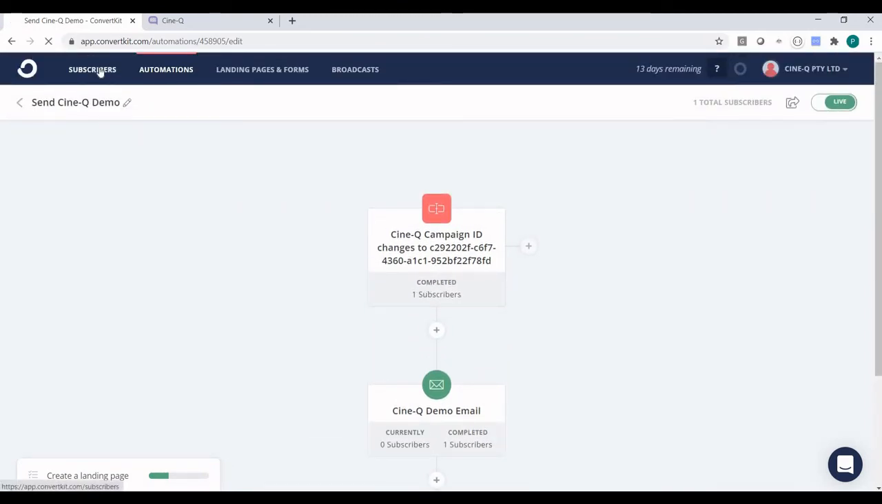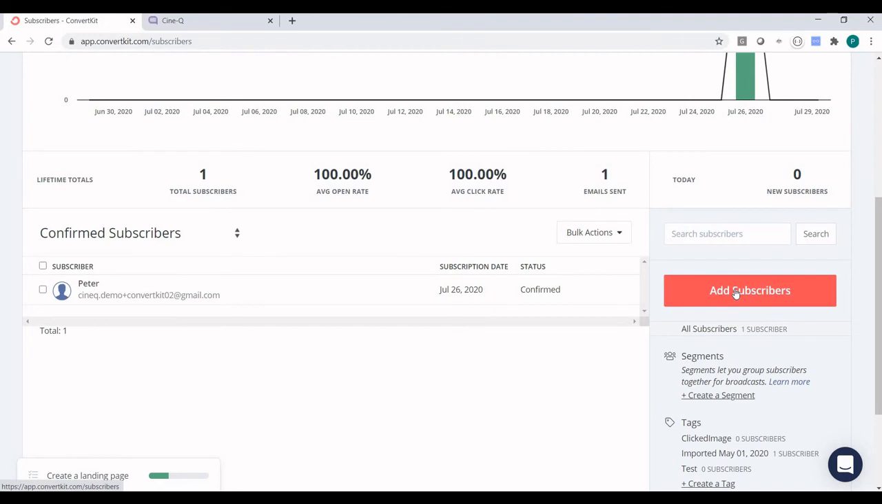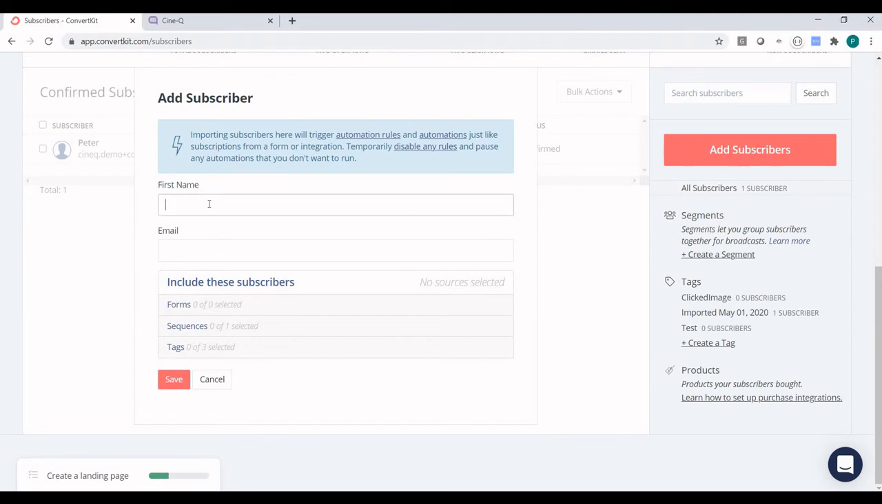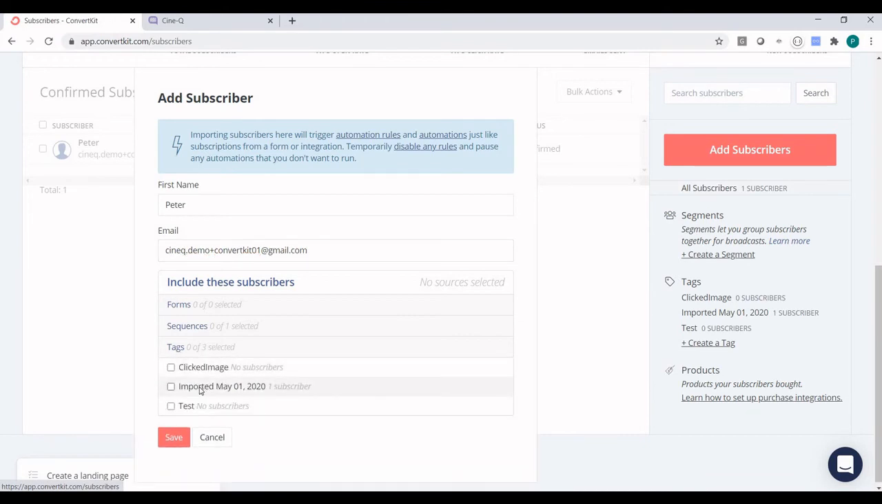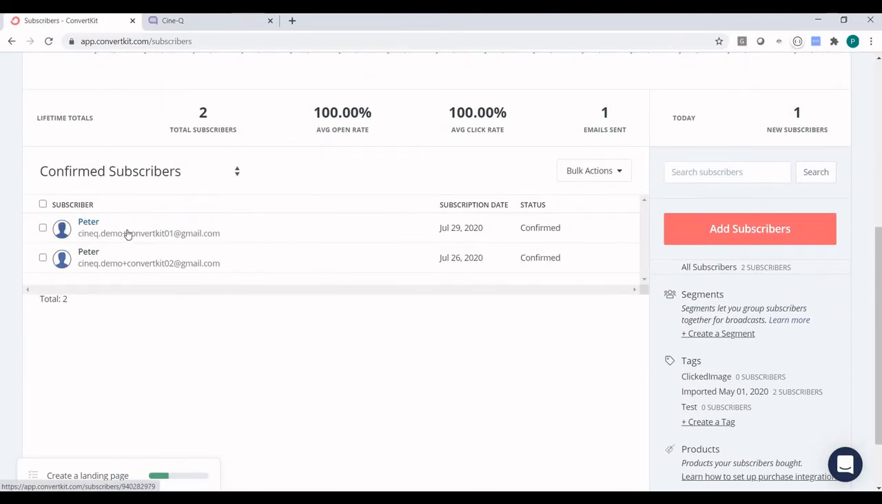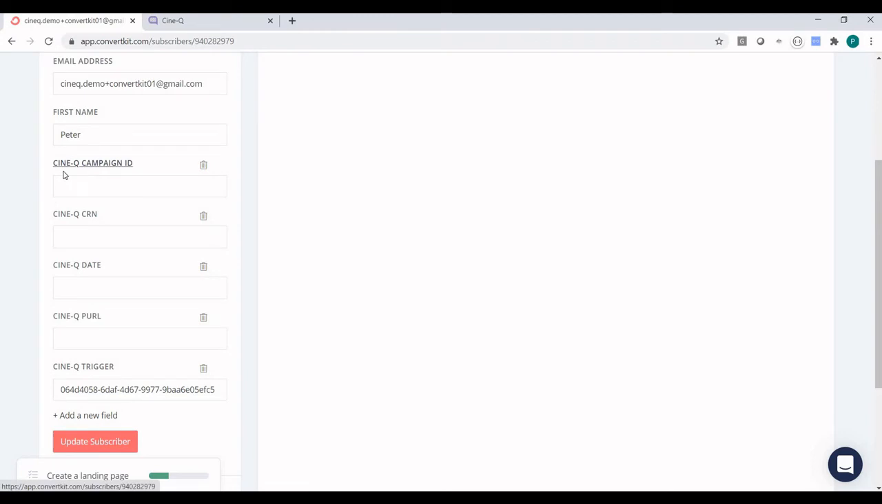And the next thing we need to do is create a new subscriber to test our end-to-end closed loop integration. So click on add subscriber, add a single subscriber. Click on save. We have our new subscriber created, but we need to go back into it and edit some of the additional custom fields that we